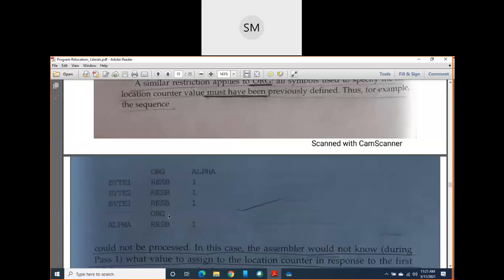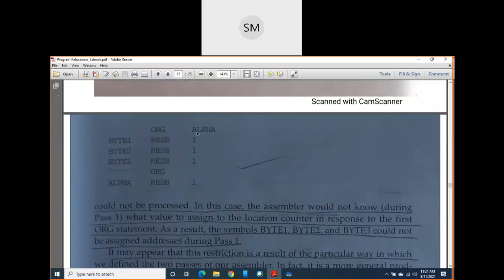Okay, even though you write this here, you already used the alpha label, which has not been introduced or is not known to the assembler. So the assembler will get surprised. After these 4 or 5 statements, if you define alpha, then it is useless.